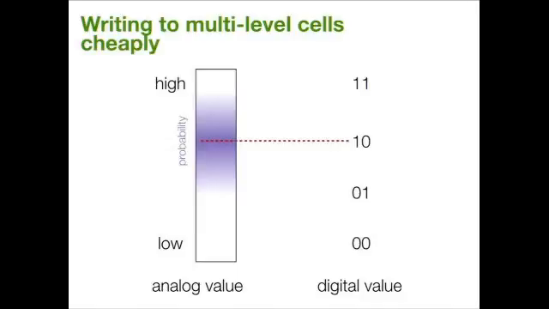The idea behind approximate storage in these multi-level cells is just to allow those probability distributions to be a little bit wider. And hopefully we can find a way to make it so that when you're writing or reading a multi-level cell, and you put less stringent requirements on the width of that probability distribution, you can make the accesses much faster. In particular, the way this works is to exploit the way that people currently build the write and read mechanisms for multi-level cells. So let's talk about writes.